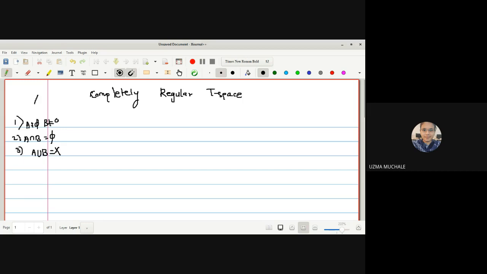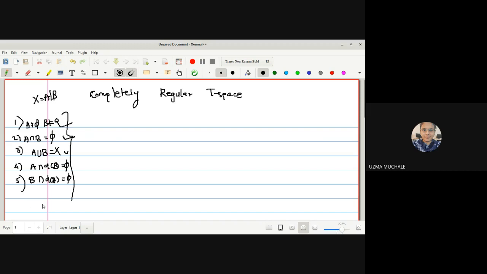Suppose I am saying that X is separated by the two sets A and B such that neither of them contains the limit points of the other. That is, A intersection D of B is empty, as well as B intersection D of A is also empty. And if you want to eliminate all these conditions and impose a Hausdorff-Lennes condition, you have to show this and this one.